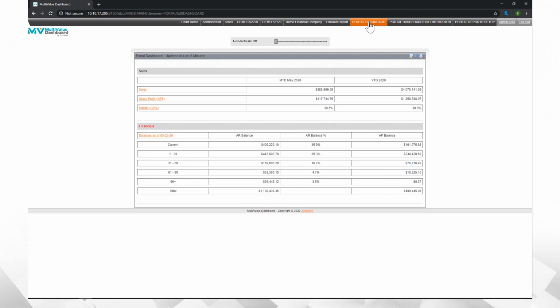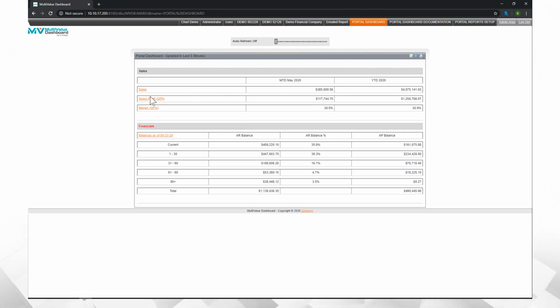Okay, great. Dashboard's ready to go. Okay, so this is just a table view of data. So we're looking at your sales, gross profit, and margin. So depending on where you're getting your data, this could be up to date, or how you're doing your invoicing. This could be up to date to the minute, or it could be to the day. So a lot of companies wait until the end of the day and then run invoices. So what you'll be seeing is sales from through the previous day. But if you invoice throughout the day, every time you refresh this dashboard, you will see up-to-date data based on